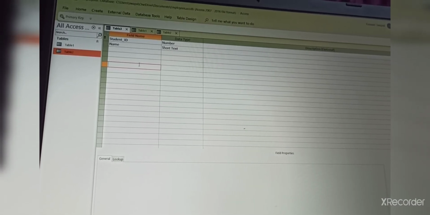Whenever we give a number, it will not be repeated. It will not allow a repeated number or a copy of that number. So the student ID will always be unique. Getting? So in this way we can create the primary key. Got it, all of you?